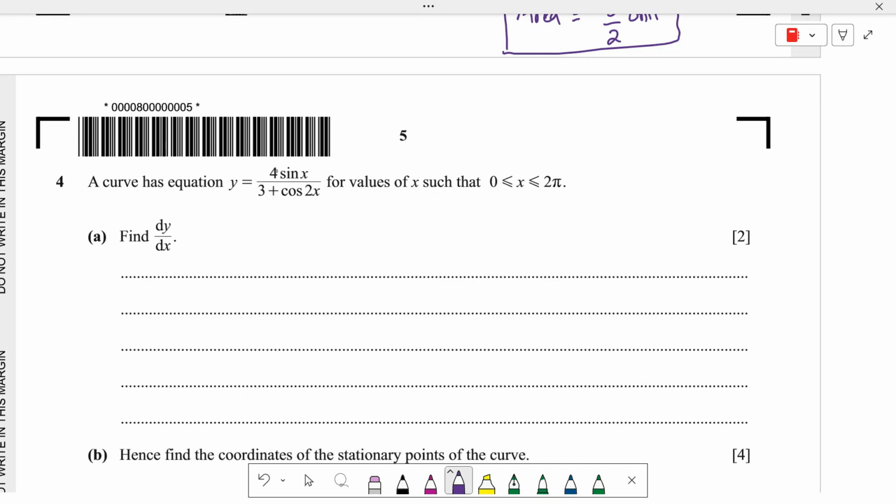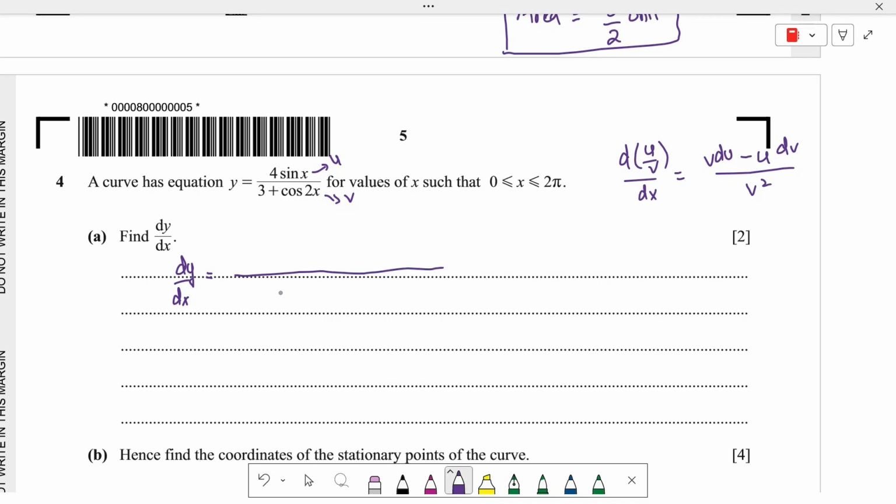To find dy/dx of the given function, we will apply the quotient rule here. So we know that d(u/v)/dx equals, in the denominator, v squared, and v remains the same, times the derivative of u, minus u times the derivative of v. In this case, this one is u and this one is v. So dy/dx is equal to,